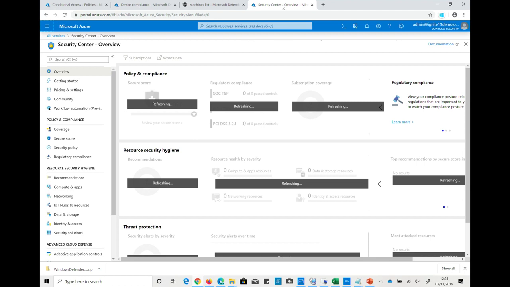If I do it from this portal first, it will create me an MDATP subscription in Europe. I don't get a choice. That's the way that Azure Security Center works. So if you wanted it in Asia or America, then you'd want to make sure you onboarded your first machine and you choose Americas or Asia. Okay. Let's pop back to